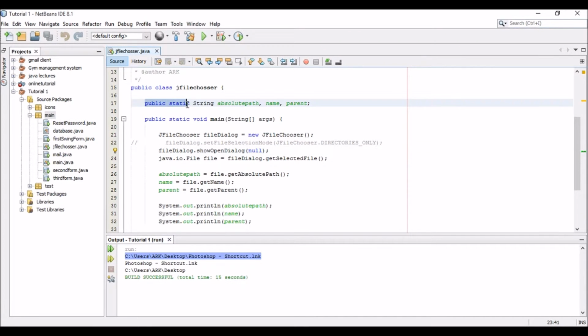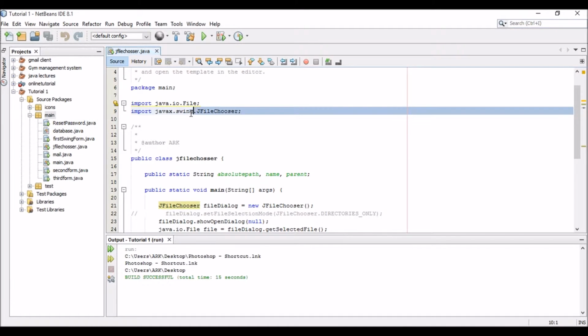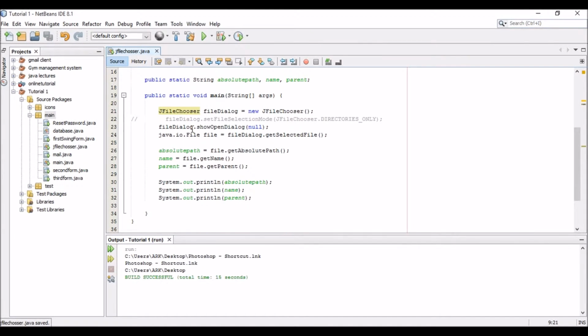I made public static strings for the absolute path, name, and the parent. This is the parent link, this is the name, and this is the absolute path. So we'll just write JFileChooser, we'll import Swing, javax.swing.JFileChooser, or just use star. We'll go ahead and make an object of a JFileChooser, which is the file dialog,